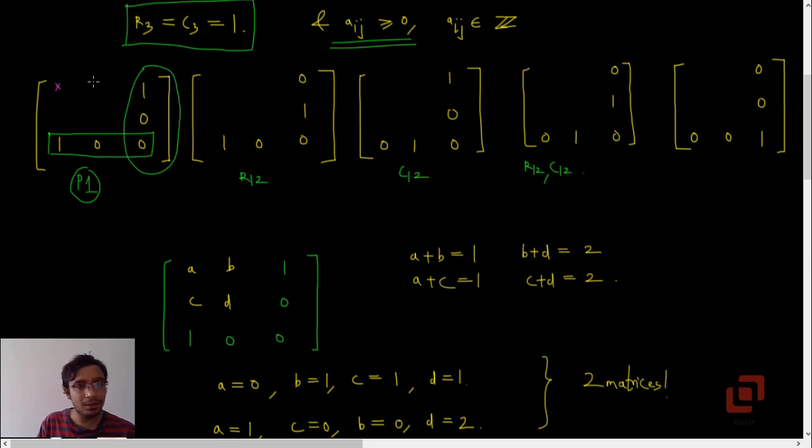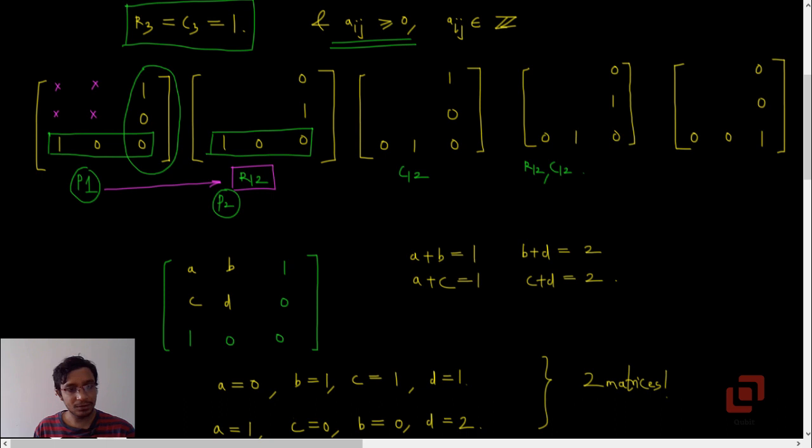And note that we are currently not working on the first 4 entries of this matrix. Let's now talk about the second possibility, P2. In P2 I have not changed R3 of P1, but I have interchanged the rows of P1. So I have performed the operation R12 on P1, and we get a new possibility, P2, with third row 0 1 0. Now you can see that the rows 1 and 2 have been interchanged.